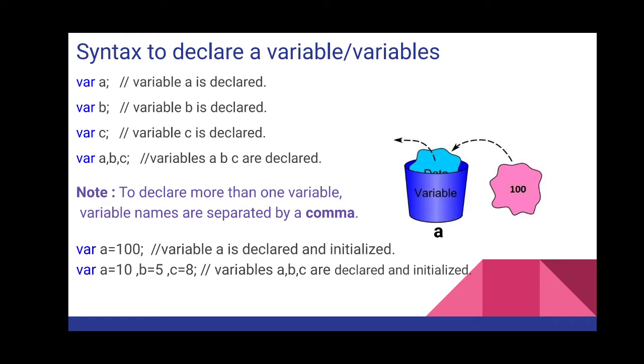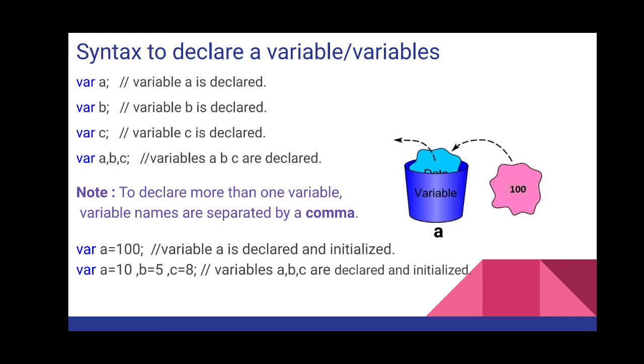So the first line: var, which is a keyword to declare a variable, and space, you have to give a name for your variable. So here variable a is declared. Now you can see those two lines, that is a comment part. We'll later see what exactly a comment is. I know you already know because we have already seen. The comment is not considered part of the code, but it is for the help or reference of the programmer to understand what exactly is done by that particular line or instruction.